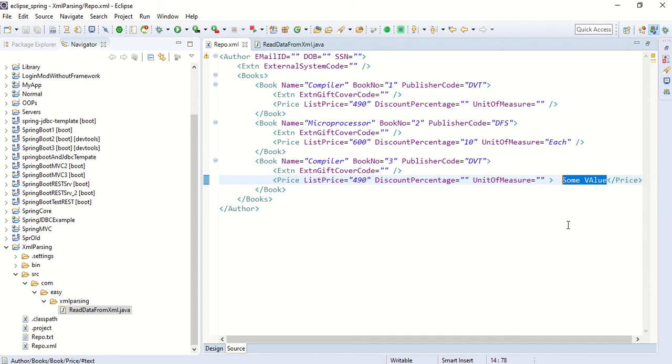Data can be there as an attribute value or as element content, and using parsing we can read both of them.